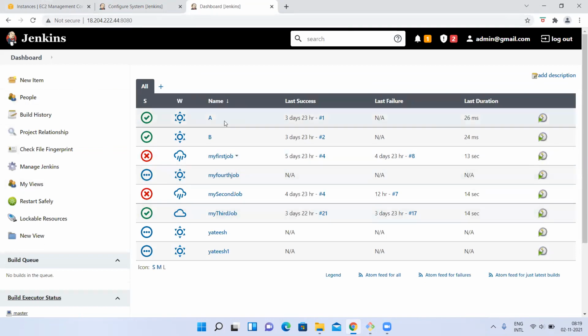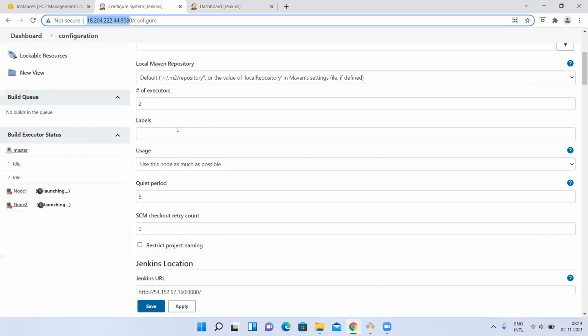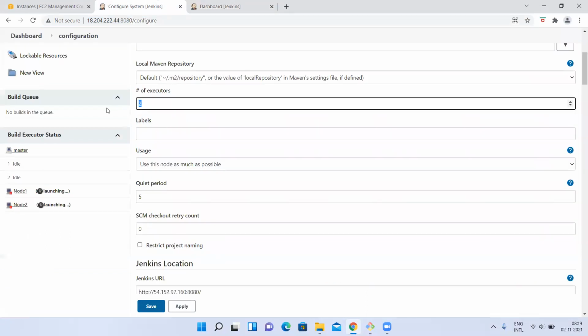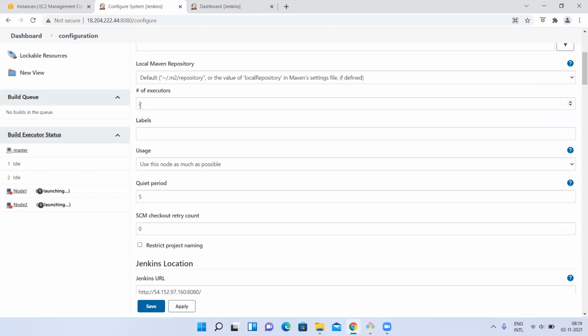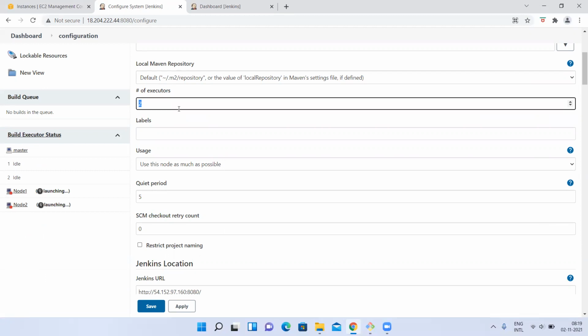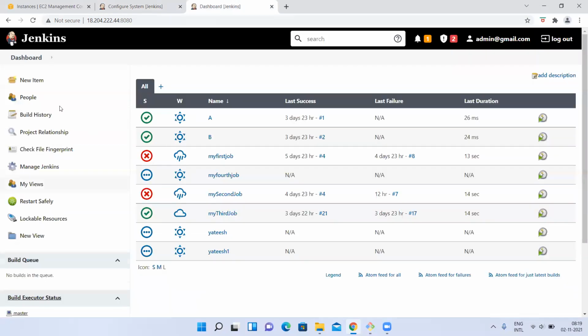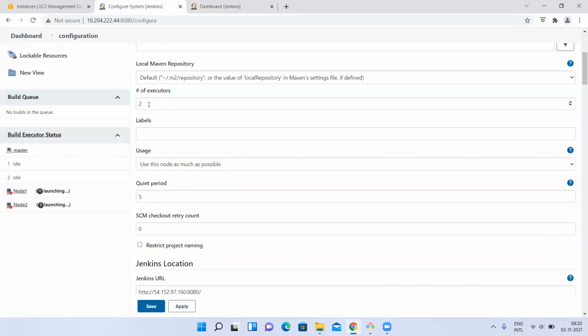If all these jobs get triggered, Jenkins itself can allow only 2 jobs to execute parallelly. Of the 5 jobs, 2 will be in the execution state and 3 will be in the pending state. When one of the jobs in the execution state completes, a pending one will come and sit in the execution state. Like that, you can control here how many jobs your Jenkins builds at a time. So this is for master.